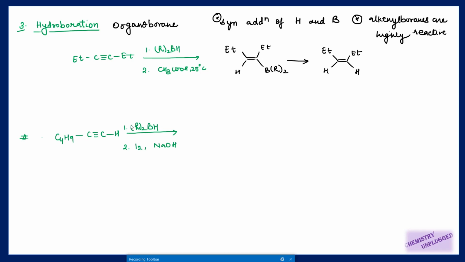The next section is very important, that first we are generating alkenyl borane, then we are using iodine in the presence of NaOH. We can have NaOH, or we can have sodium methoxide or ethoxide here, right? There can be possibilities. So the first step is we have to generate alkenyl borane, right? Then we are using I2 and NaOH. So this reaction is very important, so be careful about this one.